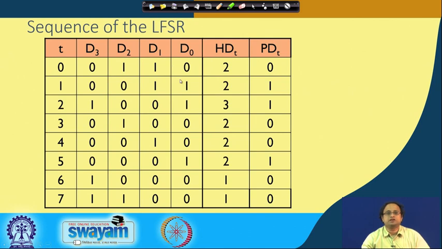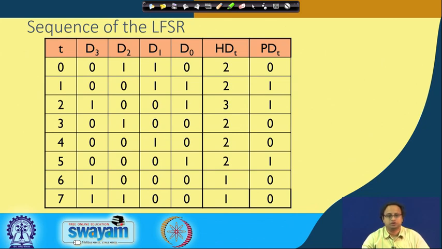So this LFSR, because of the choice of the feedback polynomial, which is 1 plus D to the power of 4, turns out to be what is called a maximum length LFSR, which means it generates a cycle length of 15. Remember that the all-zero state is not a part of this cycle,